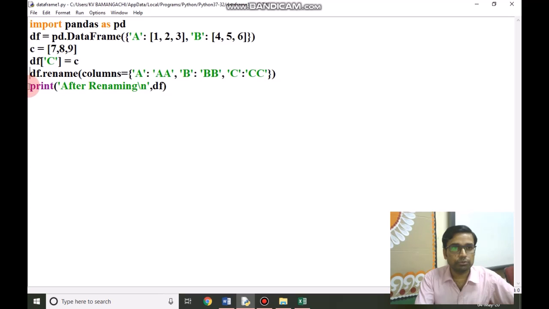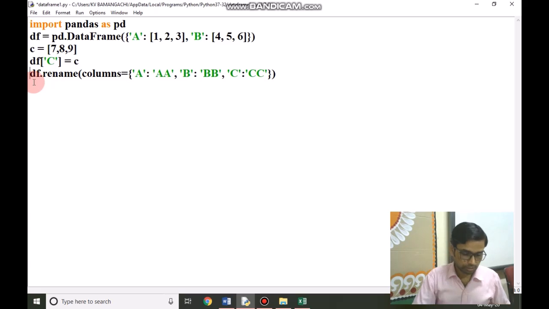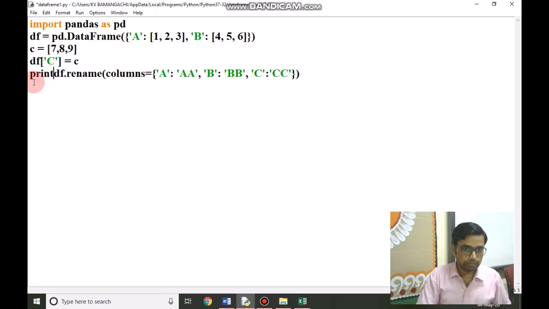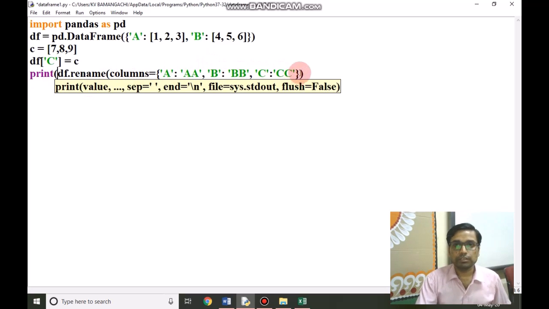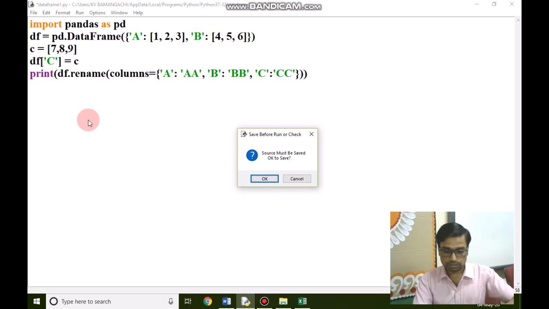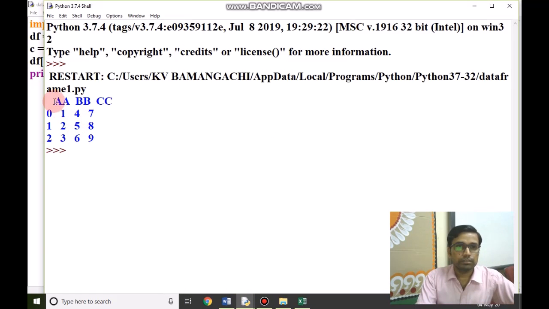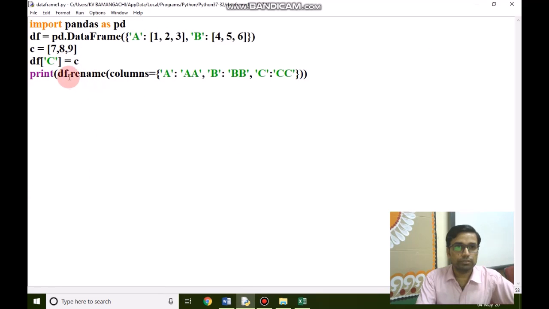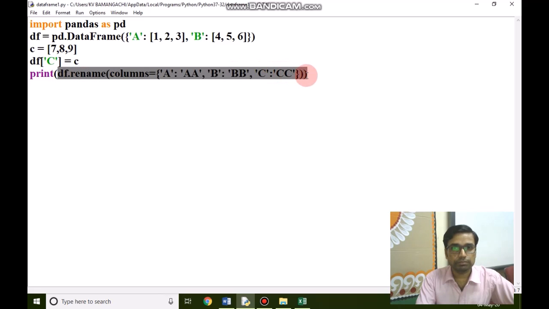So you have to take this line to be printed in the console. If we write this code in the print function, we will see here the column names will be changed as we want. So take care when we rename these column names. We have to enclose all the code of renaming in the print function.